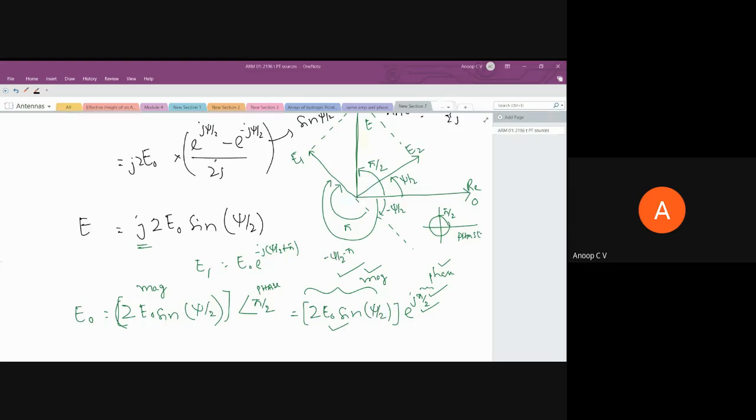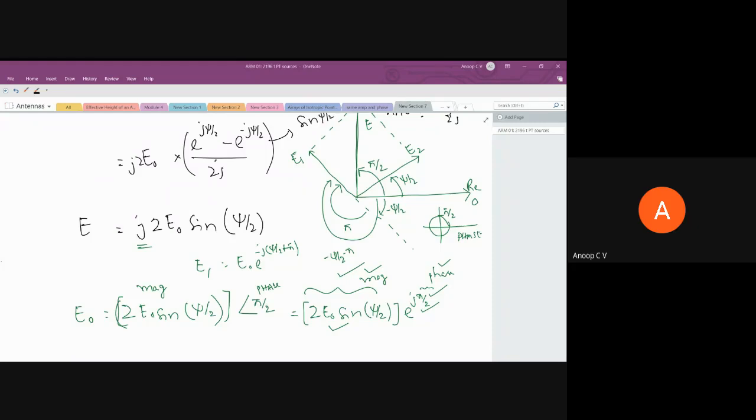And this multiplication, so normally we tend to get confused. If you say a j and all, we don't like that. If there is a j, then normally we tend to get disconnected. Why? Because j is not familiar to us. We don't want to deal with complex numbers. But it's very simple. If you're multiplying something with j, you can interpret it as a purely imaginary quantity, or in other words, a complex quantity with magnitude equal to whatever is there except j, and it has a phase shift compared to the reference of pi by 2.